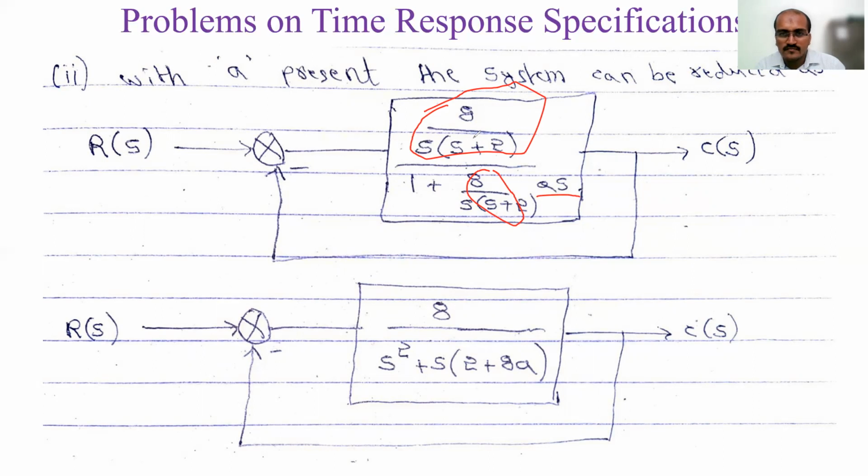Okay, so S into S plus 2 will cancel out, so what remains, we write 8 in the numerator. Here what is there, S square plus 2S, S square plus 2S plus 8AS. Your 8 is there, AS is there, so if you take S common, here it will come as 2 plus 8A. Single step I have combined it. Again writing many block diagrams is difficult, no? So now this new value I will consider as G, and the H I will consider as 1, a unity feedback system. And now again I will use the formula G of S by 1 plus G of S H of S, and I will get the final transfer function C of S by R of S.